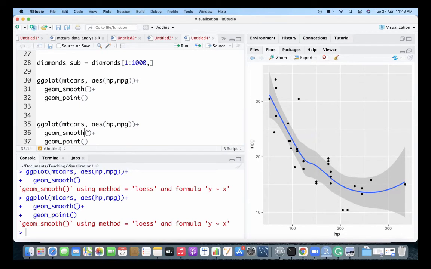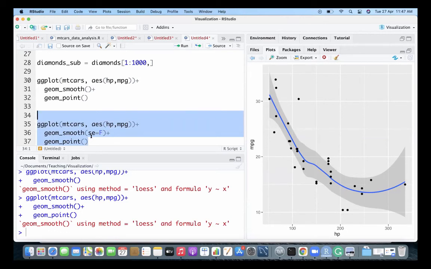If you do se equal to false, se stands for standard error. Based on the standard error, it will create this confidence band. You see this gray area? This gray area is called the confidence band, and that requires standard error to be calculated.